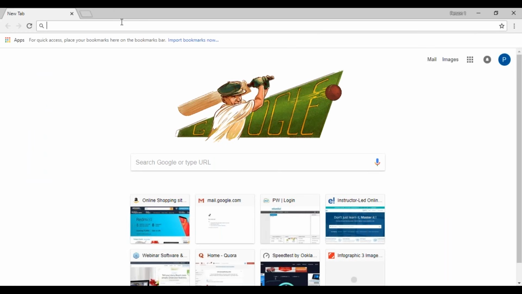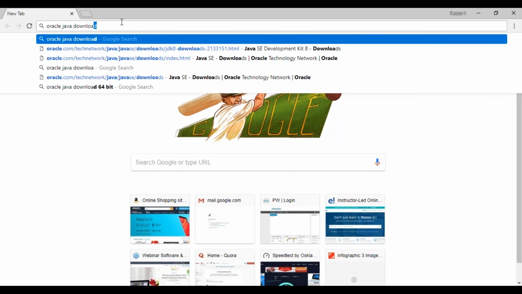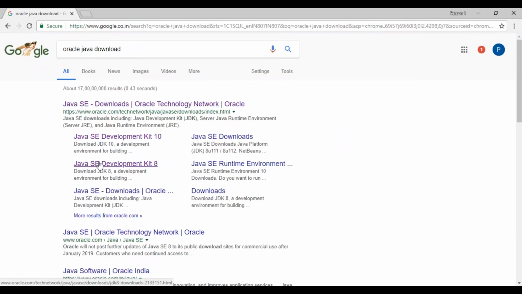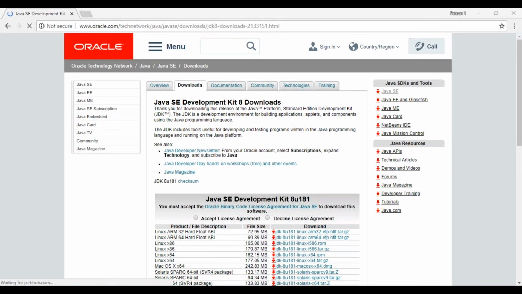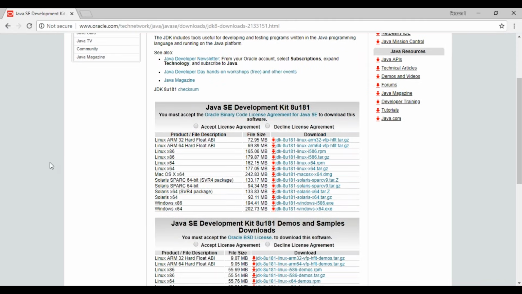We're going to download Java first. So I'm just going to type in Oracle Java download. I'm going to go ahead and click on the development kit 8 and scroll down. You can notice here that Java is available for different operating systems: Linux, Mac, Windows as well. I have the 64-bit version. So the ones with Windows 64, go ahead and download x64.exe, and the ones with the 32-bit version, i586.exe. Before downloading, accept the license agreement. Download the software and install it.